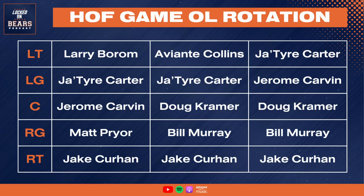But Larry Borum and Matt Pryor came out of the game at the same time as Brett Rypien. They played one drive, and then they were done. The rest of the offensive line rotated, but two offensive linemen in particular only played one drive: Larry Borum, Matt Pryor. That tells me those two are your safest backups, the closest thing to a lock on this 53-man roster. If you had to predict the offensive linemen that make the team right now, it's your